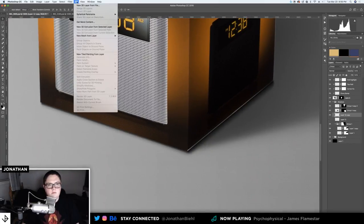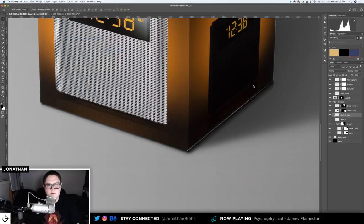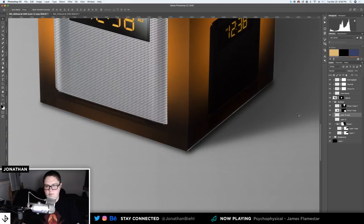Did I do it? I think I hit the wrong button. Okay, try it again. I think around 8 or 7.8 is looking good. Click OK. Alright, and then if I bring in that other layer again, and if I mask out that harsh edge on the right,